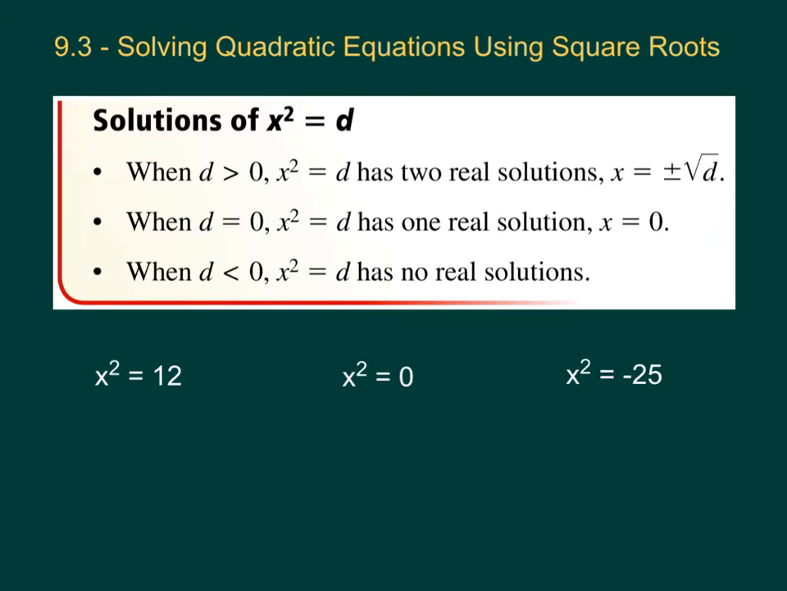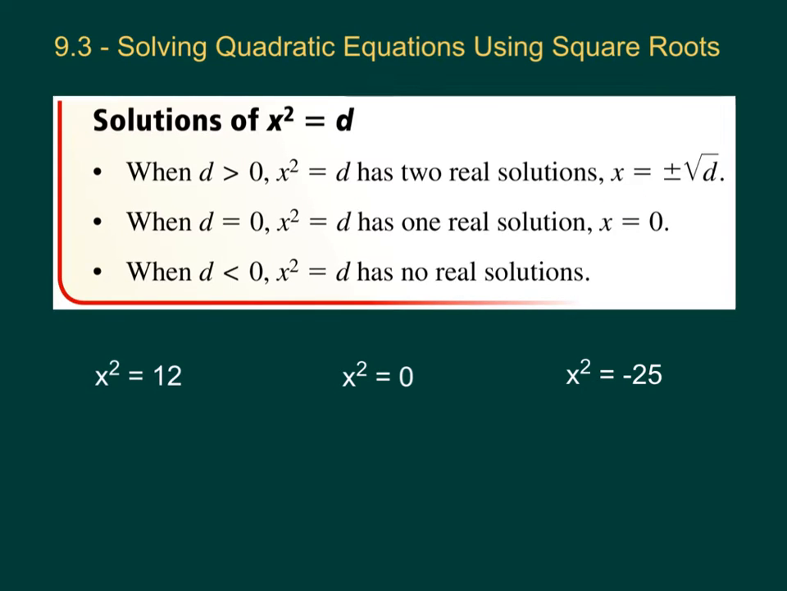Section 9.3, solving quadratic equations using square roots. So what we're going to look at here, instead of graphing, is looking at equations that have just an x squared and not an x term. And so there are three different scenarios. When we're solving the equation x squared equals d, and d is a positive number,